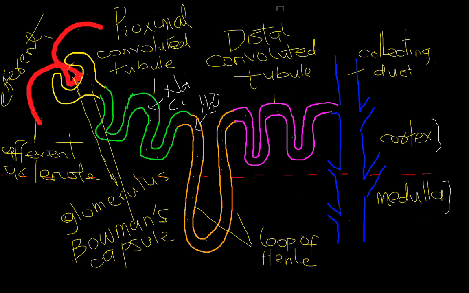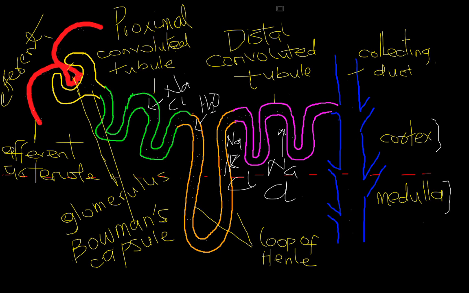In this part of the loop of Henle, the ascending limb, more chlorine can also be absorbed, about 20 to 30%. 10 to 20% of sodium can also be absorbed here. So we have sodium, which can be absorbed here. We have potassium. Potassium, K, sorry, can be absorbed here. Chlorine, Cl, can also be absorbed at this point. So from there, the filtrate gets to the distal convoluted tubule. Here too, we have some absorption of sodium